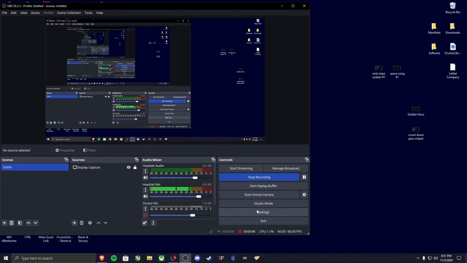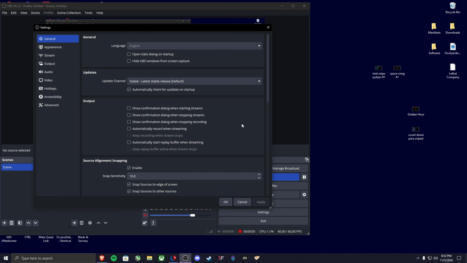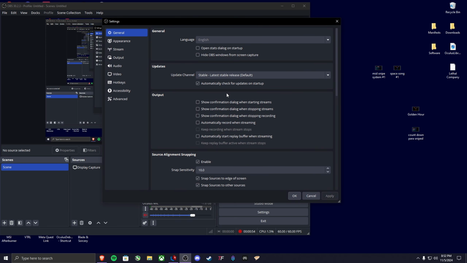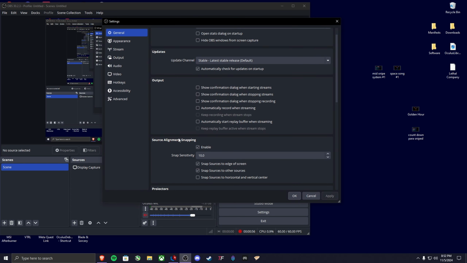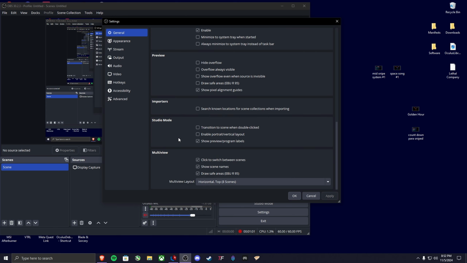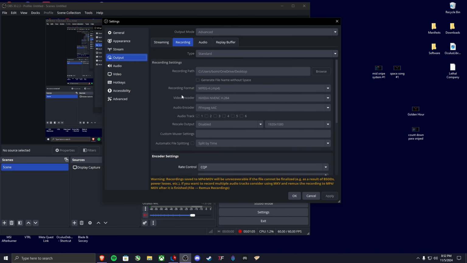These are my recommended settings. These are the settings that I use, and I think they're pretty good. I don't think much of this really matters, but for output, what I use for recording